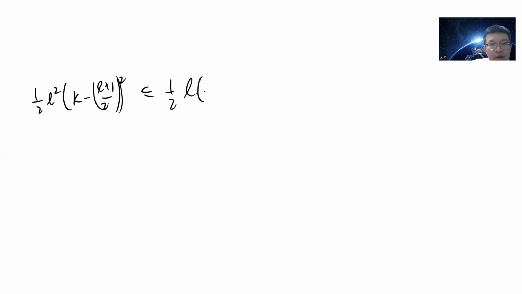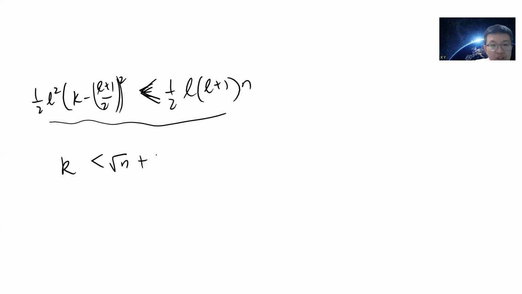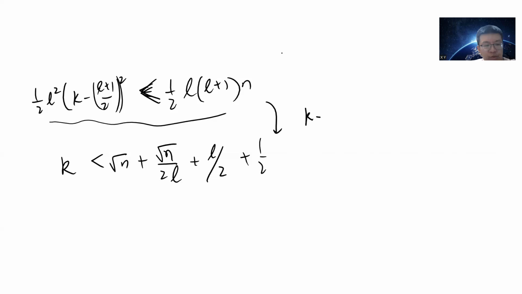So what we have is half of L squared, times (k minus half of (L plus 1)) squared, less or equal to half of L(L plus 1)n. Actually, you can show that it's definitely not equal. Okay, if you do this, then you can show that k is less or equal to square root of n plus square root of n divided by 2L plus L divided by 2 plus half. Okay, and the reason is that if you just do the computation for this, then you can show that, you just take a square root of 2, right? You just take a square root of 2. So you get k minus